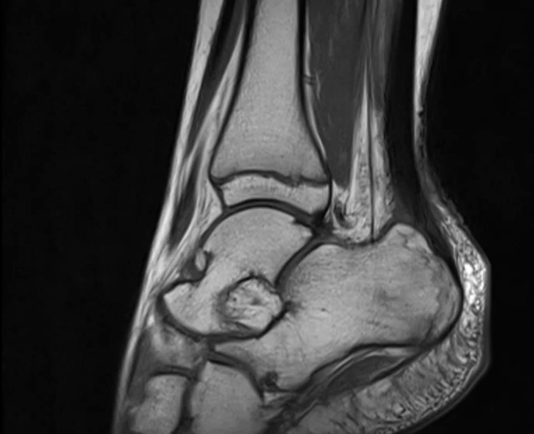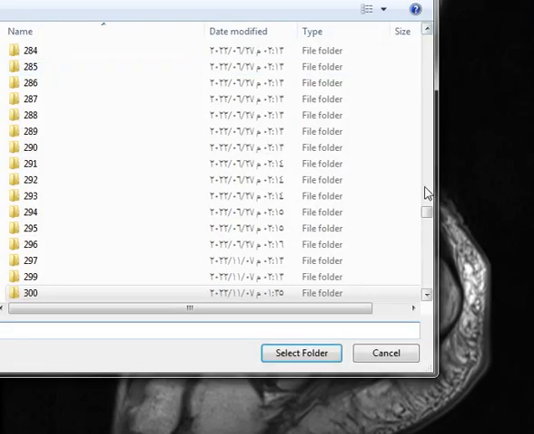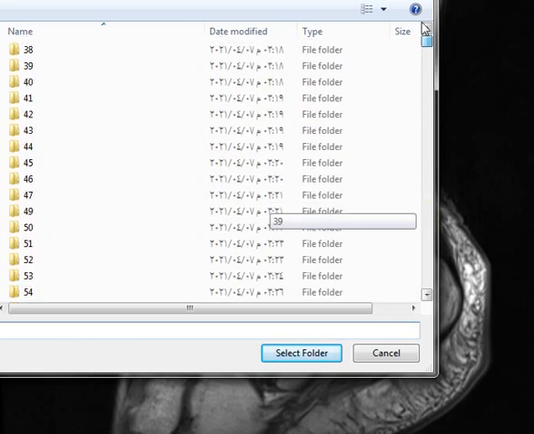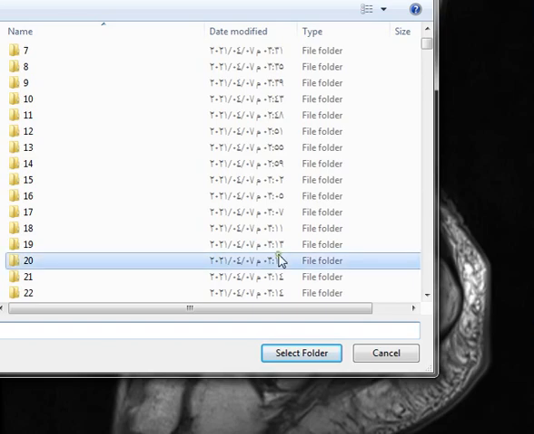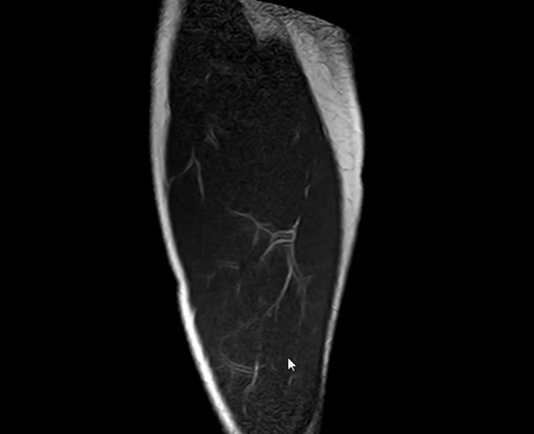Where is 20? Everyone picks case 20. So this is a